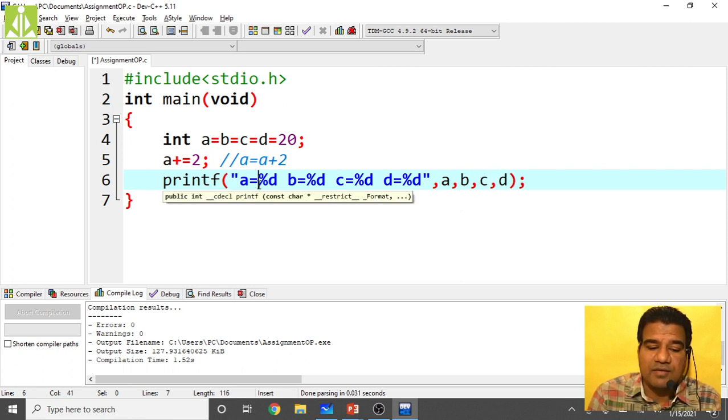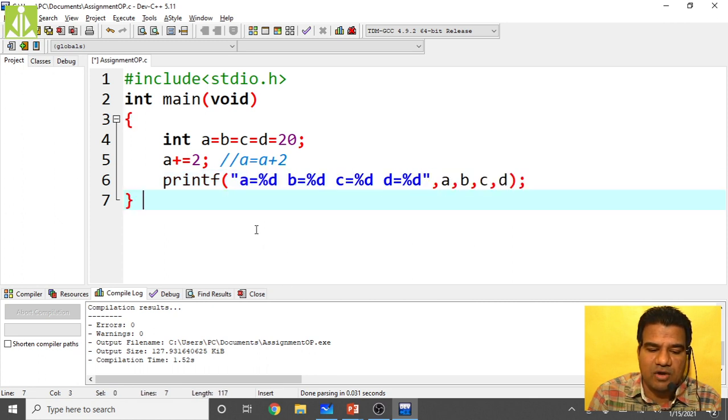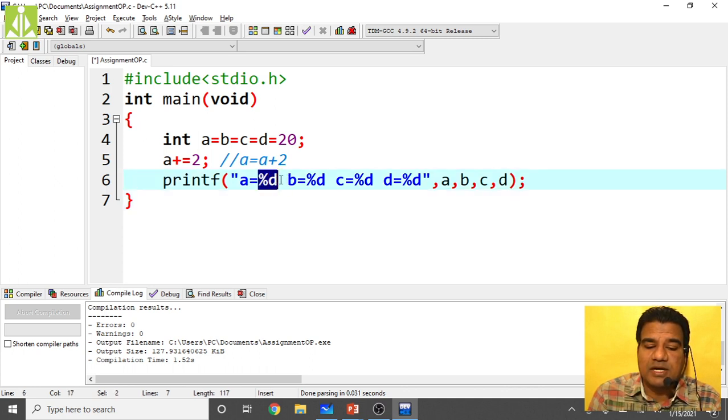When you are writing this string like this, wherever you are writing this percentile d and passing the data values, the first data value will get replaced with first percentile d, the second data value with second percentile d, and the third data value with third percentile d.